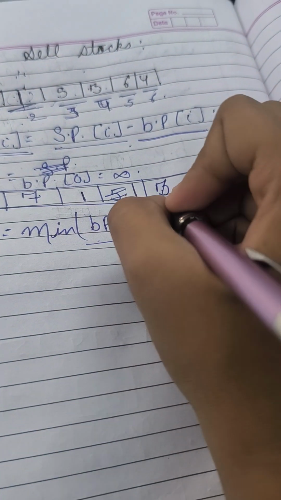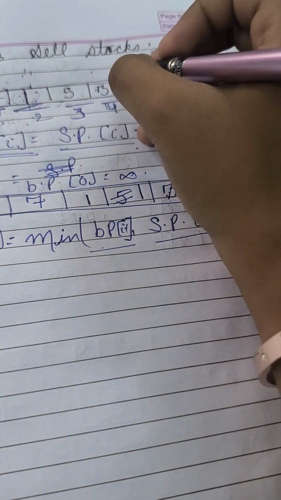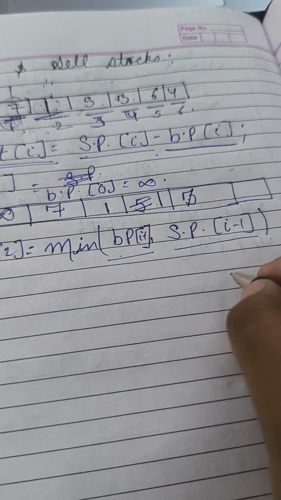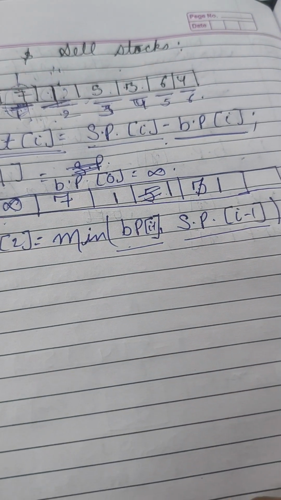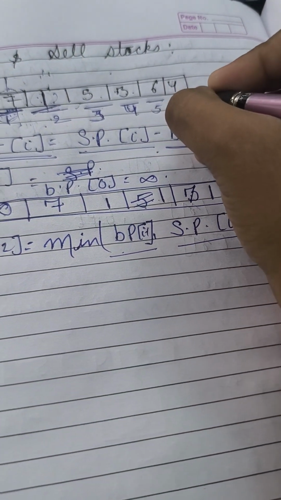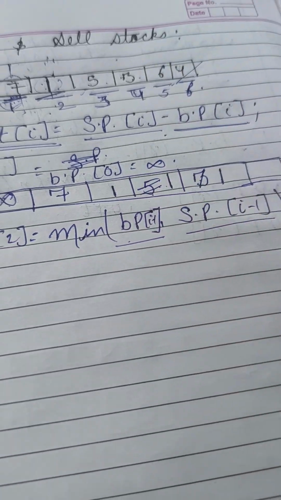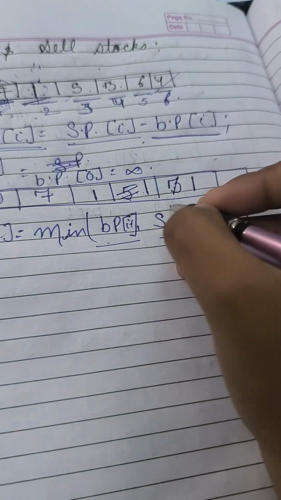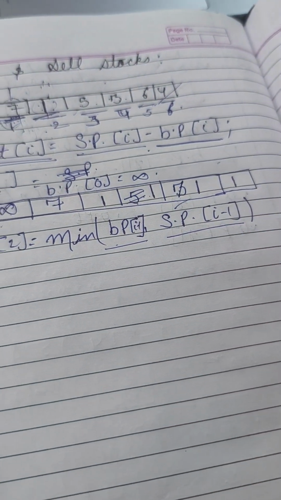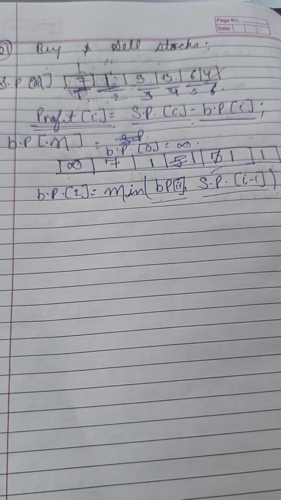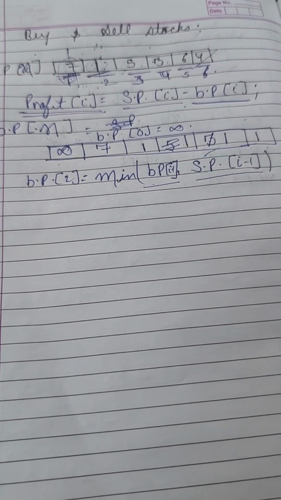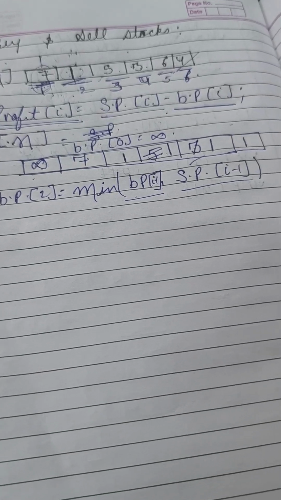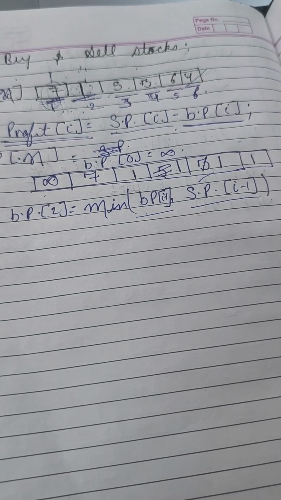Okay. Now for the sixth day, again the investor is going to find the minimum of buying price I minus 1 and selling price I minus 1. It is going to be 1. For the sixth day, if the investor is selling a product for 4 rupees, then the investor is going to buy with the minimum price of buying price I minus 1 and selling price I minus 1, which is going to be 1. So here the core logic is that, first of all, by looking at all the situations and questions around, by taking note that you have to buy the product before selling it,